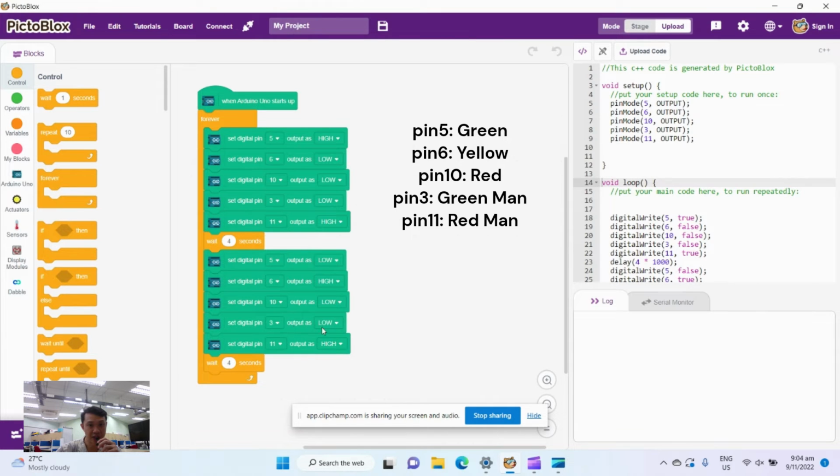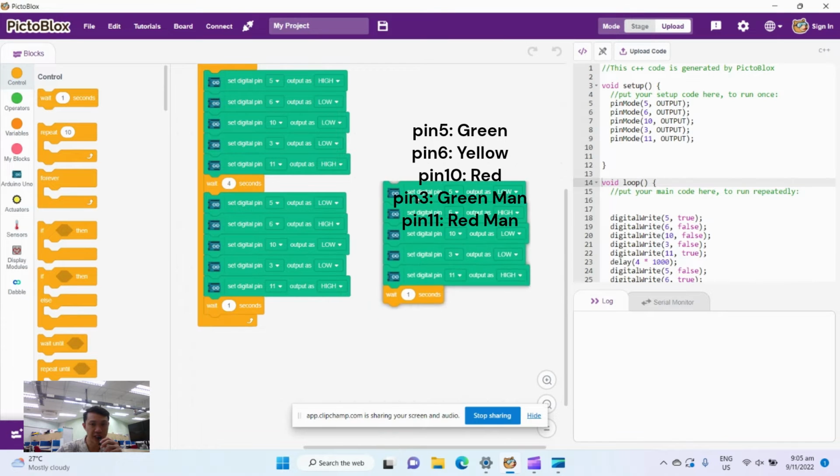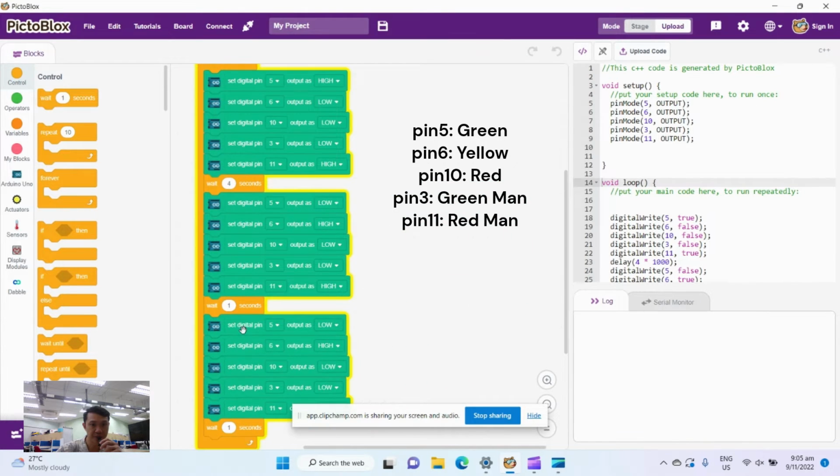This is my green light for pedestrian off, red light for pedestrians on. But the yellow light to warn the drivers that the green is going to change to red is not going to be set for very long. So let's set it for maybe 1 second, just a quick 1 second. Okay, and now that the warning yellow is on for 1 second, I'm going to duplicate the whole chunk again,